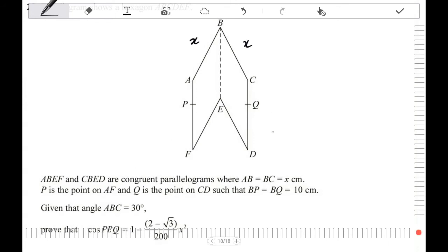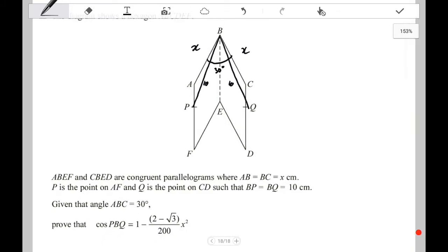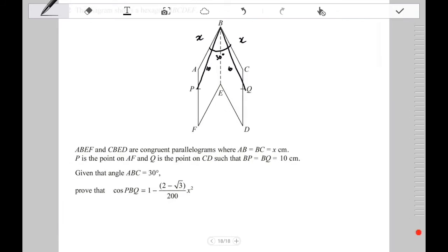Point Q is on CD such that BP and BQ are 10. Given that this larger angle ABC is 30 degrees. Prove that cos PBQ